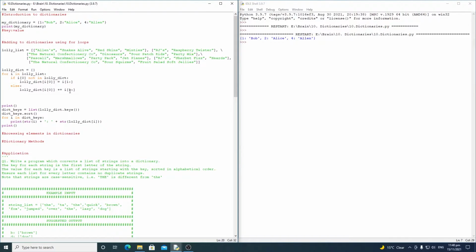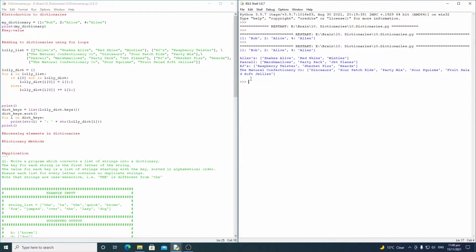Okay, so if I save that and click F5, what you can see is we've got the manufacturer, and it maps to a list containing all of the lollies that they make. So you can see that RJ's and Natural Confectionery are including those other two separate lists, and they've combined them into one. Okay, if I just print out the lollydict, you can see that it's going to print the dictionary out in this format here. So if I save that and run it,